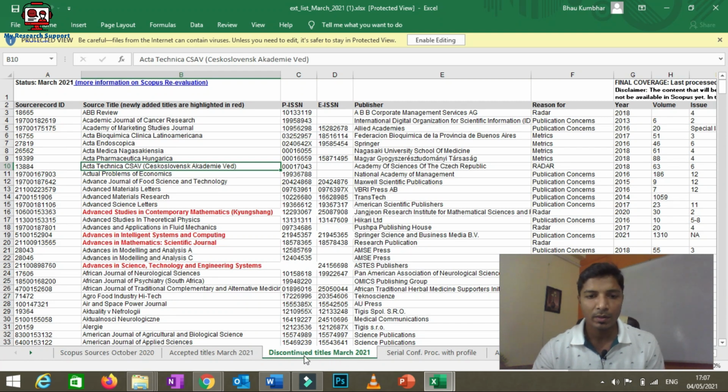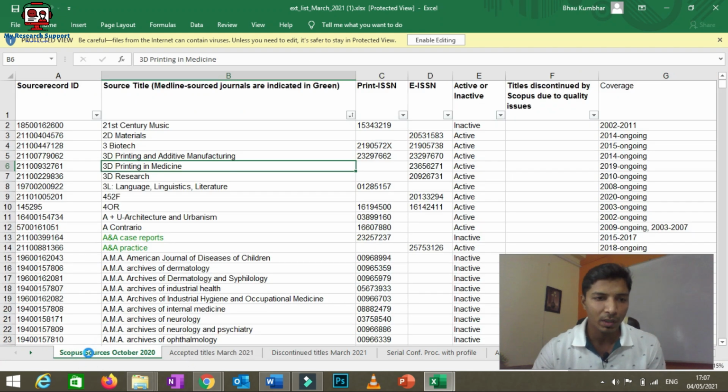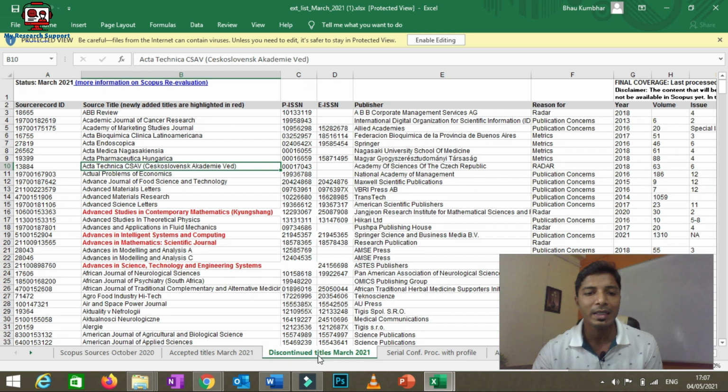This list previously was a separate list, but right now it is integrated here with the continued list of journals. So if you have selected a particular journal, you have to ensure that the journal is here in the continued sources and the same journal is not there in the discontinued titles.